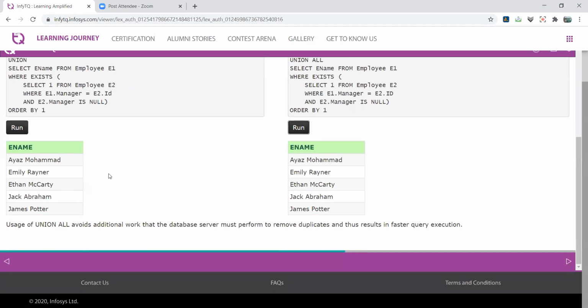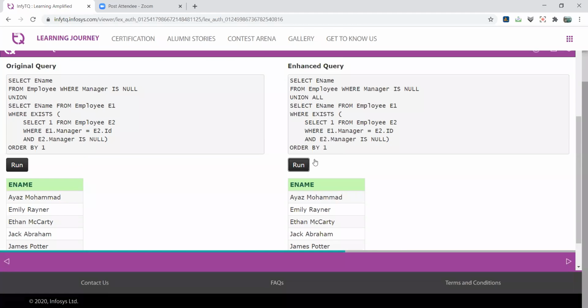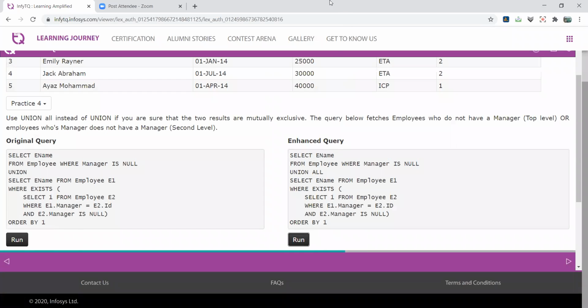Suppose these records are 50, 60 or 70 records. Again the comparison starts, and it takes additional time. But if you use UNION ALL, there is no comparison, right? After performing both the queries directly, the result is displayed. So this query is faster in comparison to UNION, right? So that is the next concept for query optimization or best practices.